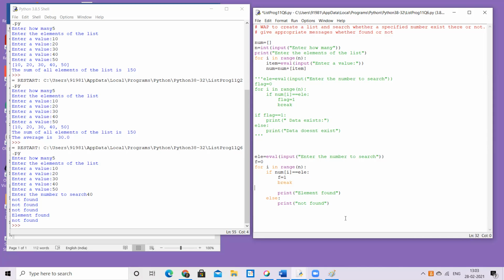Now, when I'm outside the loop, I just have to check the value of f as 0 or 1. Because if it is 1, it means the element has been found, because only then did he change it to 1. But if outside the loop, at this point, f is still 0, that means this condition was never true, and hence this was never executed. That is the basic fundamental. F is behaving as an indicator, and the indicator's value is changed from 0 to 1 if the element is found. Otherwise, it remains 0.